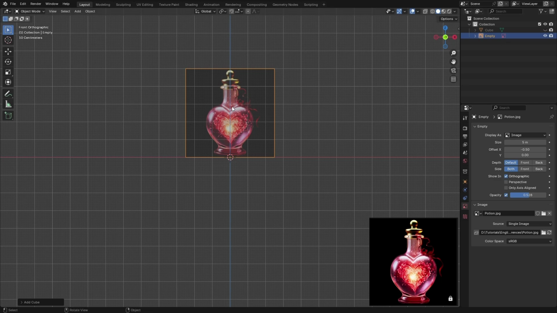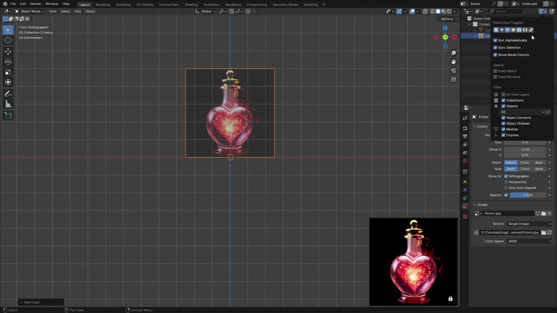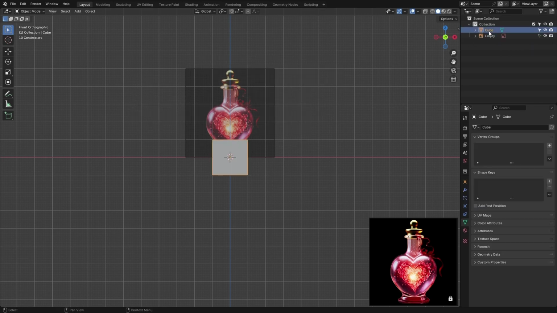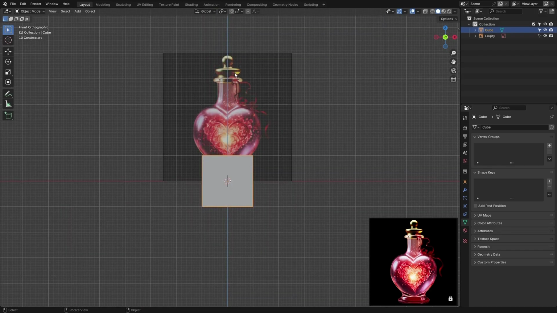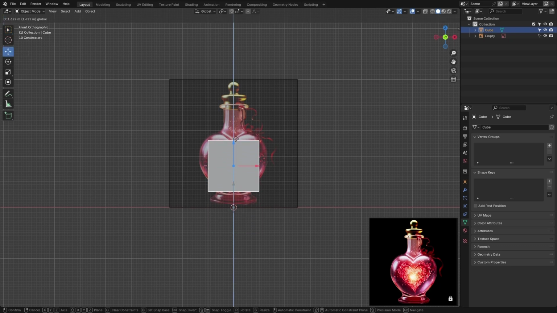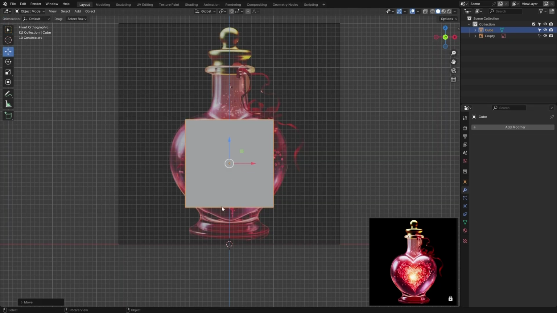After that, we need to make this one unselectable. To do that, let's go up here to the outliner and restriction toggle, enable the selectable option and make it unselectable. Now we can't select it anymore. So let's bring back our cube, select it, and let me see. Let's push it a bit up,